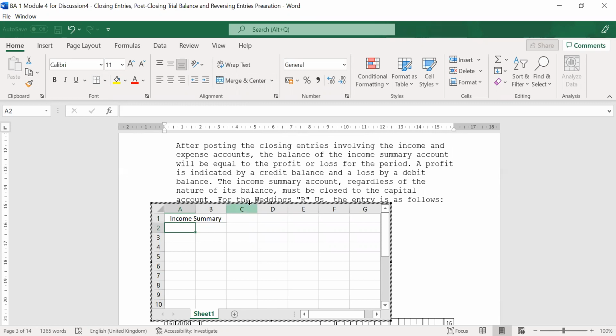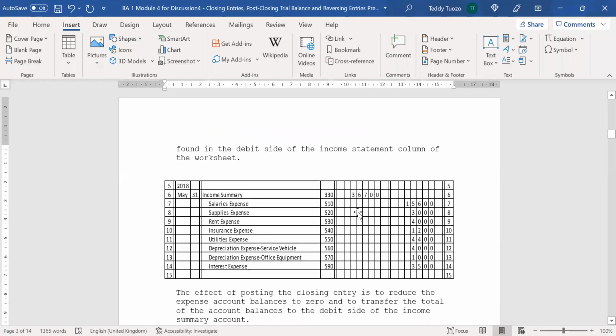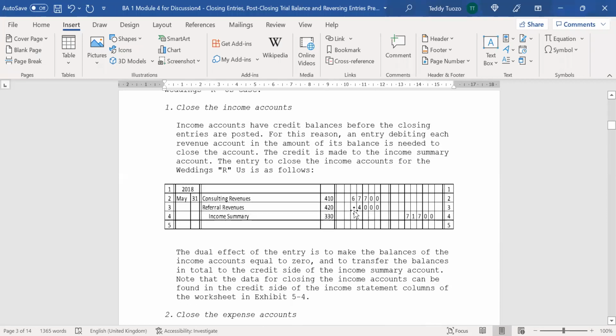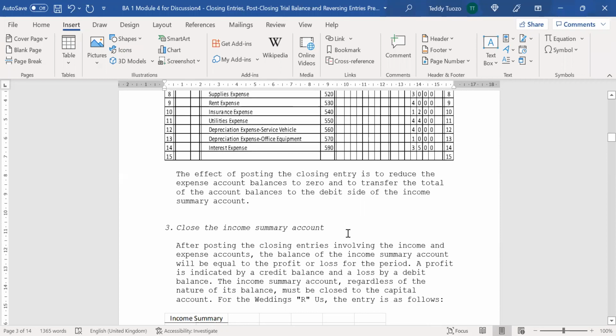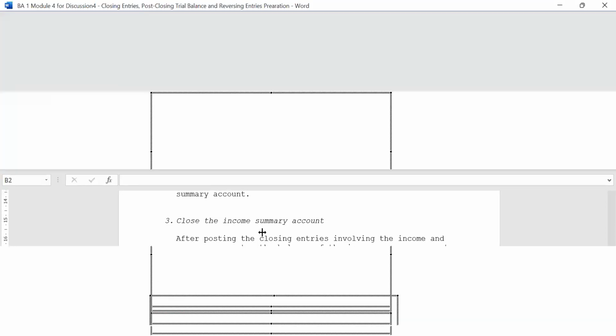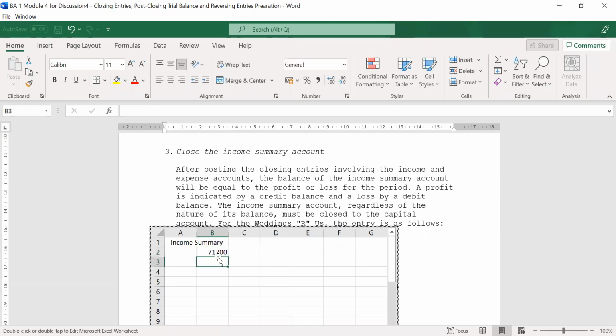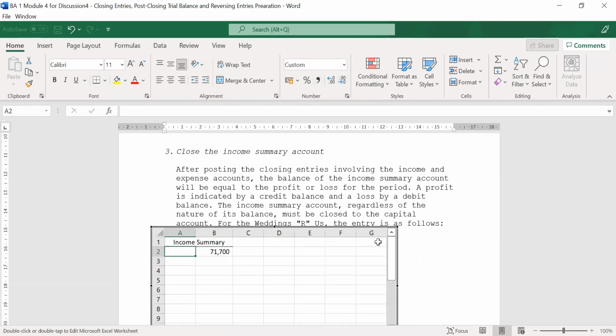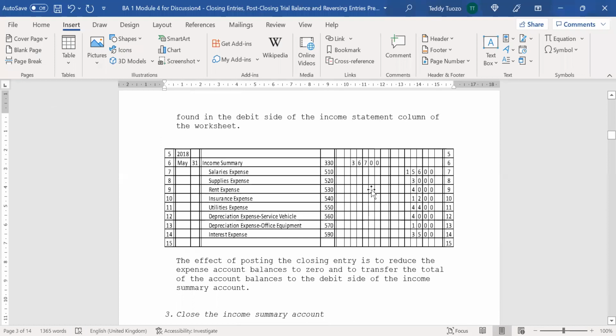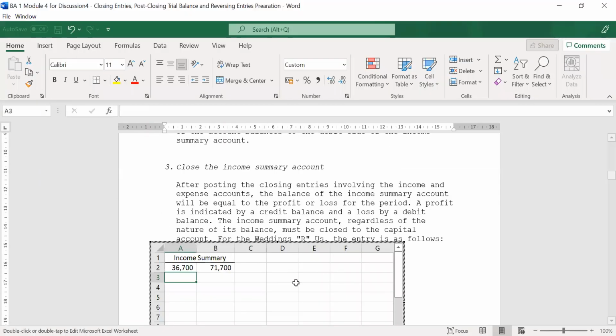Okay, for the first entry, there was a credit to income summary. How much was it? 71,700. And there was also, for the expense, a debit to income summary for 36,700. So, in effect,